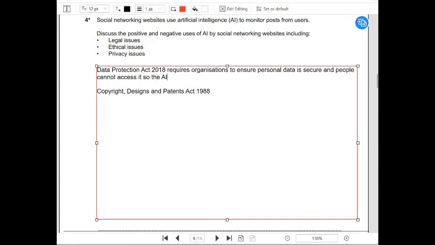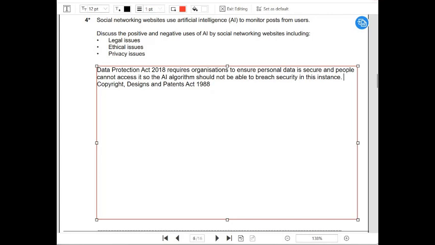So the AI algorithm should not be able to breach security in this instance. That'd be one. Then we got a Copyright Design and Patents Act